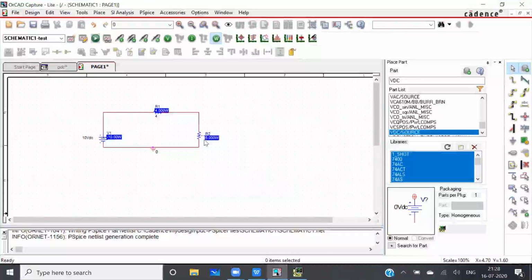Similarly, power dissipation across this R2 is showing us 6 watt. You can see here the power is shown as minus 10 watt. Minus 10 watt means here this power is supplied. So power supplied by this source is 10 watt. Power dissipation by 2 resistor is 6 watt and 4 watt respectively. So this is all about the bias point analysis.